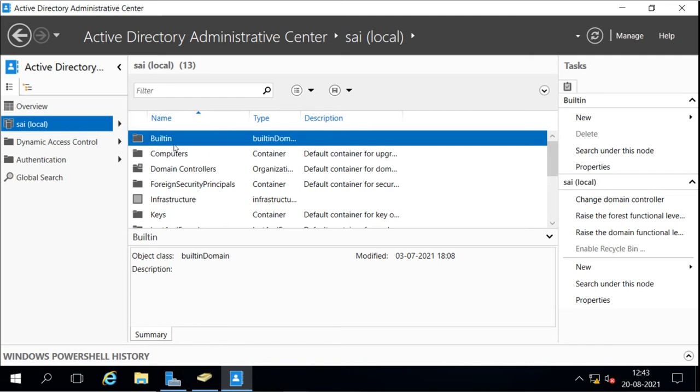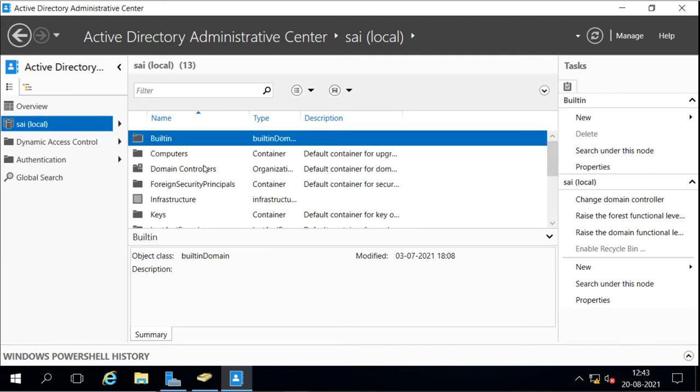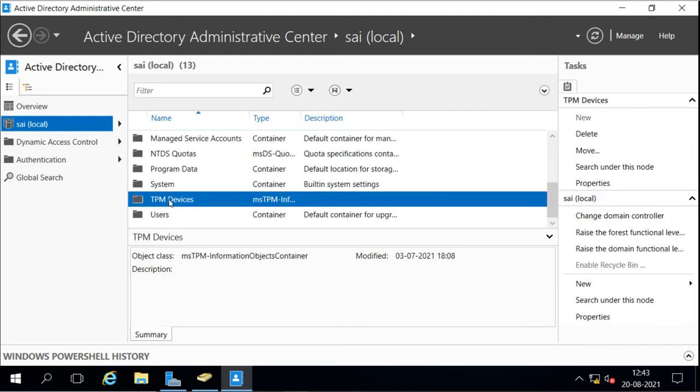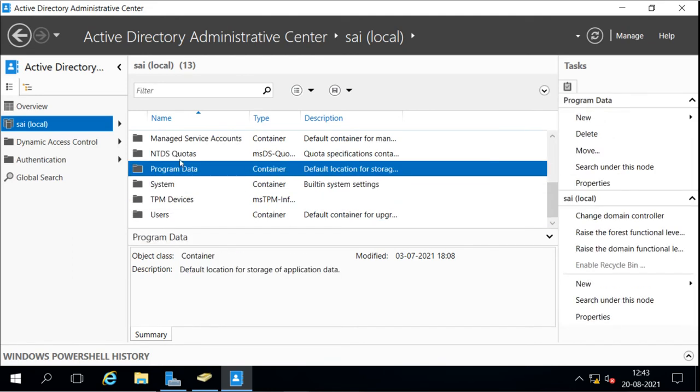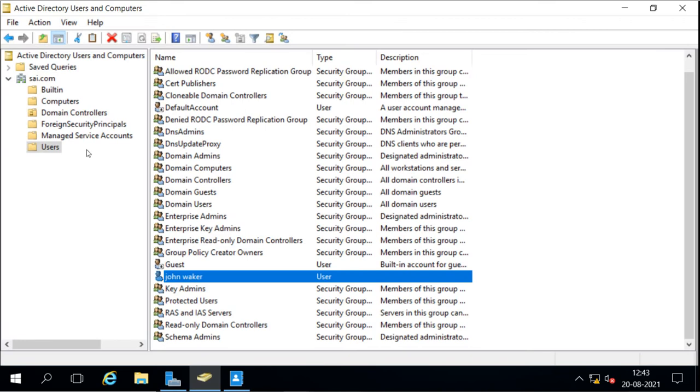Under the domain, you can see here different containers it is showing. Now it is showing more containers than the normal Active Directory Users and Computers, for example Infrastructure, Keys, TPM Devices, System, Program Data, NTDS Quotas. These containers are not shown under the Users and Computers console, because those are advanced containers.